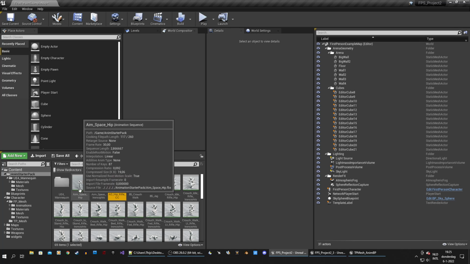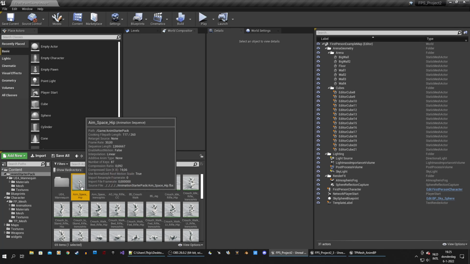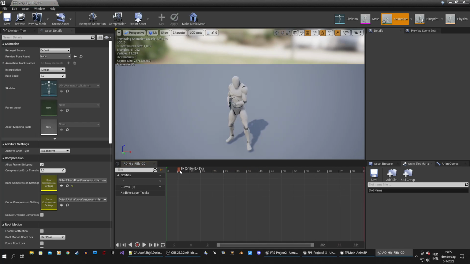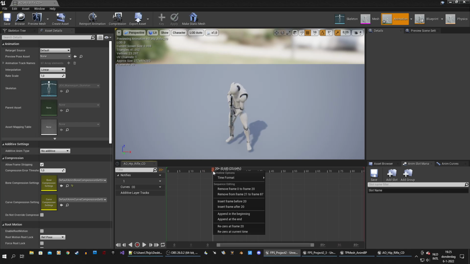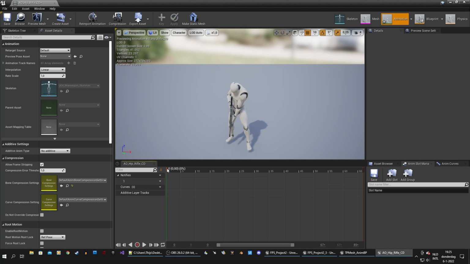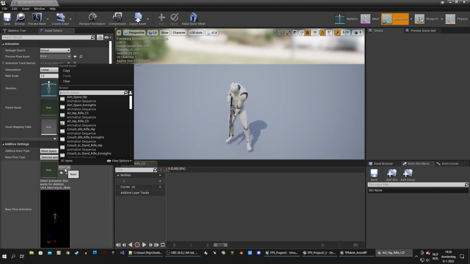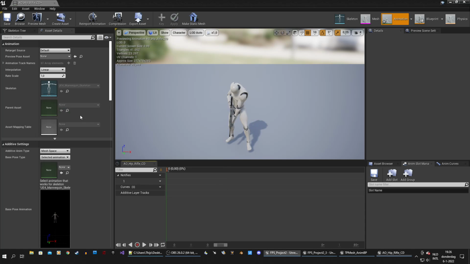And now we need to do the same thing twice for center down and center up. So again, I'm going to duplicate this and call it aim offset hip rifle center down. And let's look for the facing down position. So that's over here, frame 20. So remove frame 0 to 20 and then remove 1 to 68. Again, make this mesh space additive, selected animation frame, and select the idle rifle, the hip animation,